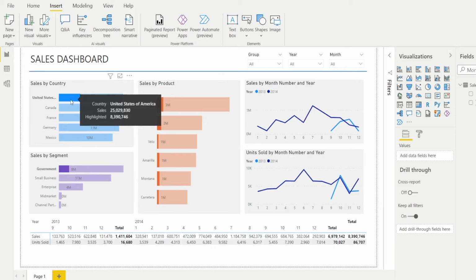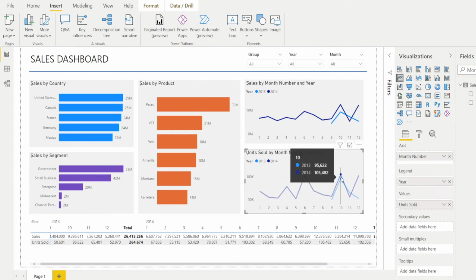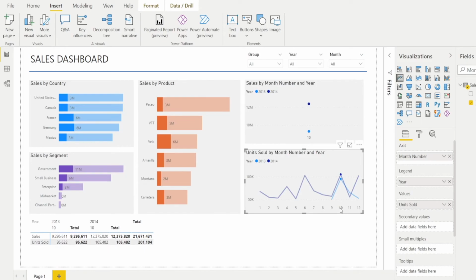Yeah. And if you want to clear it, just click it one more time, back to original. But sometimes you don't want interactions. For example, when you click October, or number 10 in here, notice how that becomes a dot. And if I don't want that to become a dot, and I want it to always present the full trend